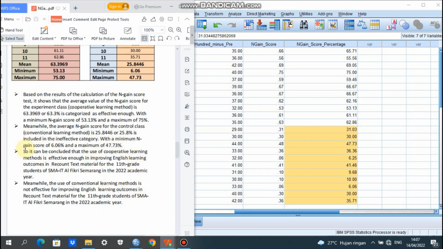47.73%. So, it can be concluded that the use of cooperative learning methods is effective enough to improve English learning outcomes in recount text material for the 11th grade students of SMA IT Al-Fikri Semarang in the 2022 academic year. Meanwhile, the use of conventional learning methods is not effective for improving English learning outcomes in the material for the 11th grade students of SMA IT Al-Fikri Semarang in the